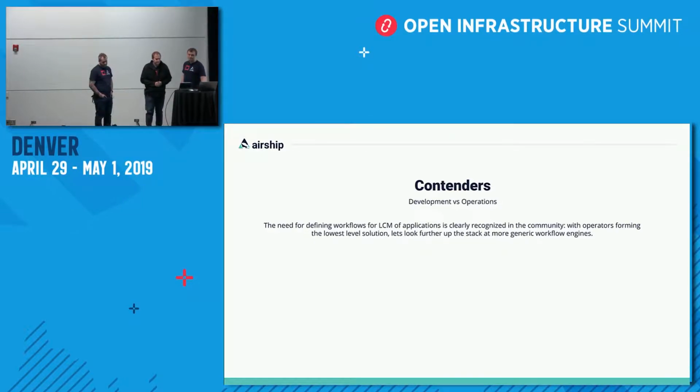So we looked at the landscape for cloud-native workflow engines, and we came up with 3 possible contenders. And digging into each of them in more detail, we had to figure out which one was really ready to do declaratively defined workflows ranging from bootstrapping a site to handling day 2 operations in that site and handling complex infrastructure upgrades, all driven by configuration-based workflows with the fewest possible dependencies.